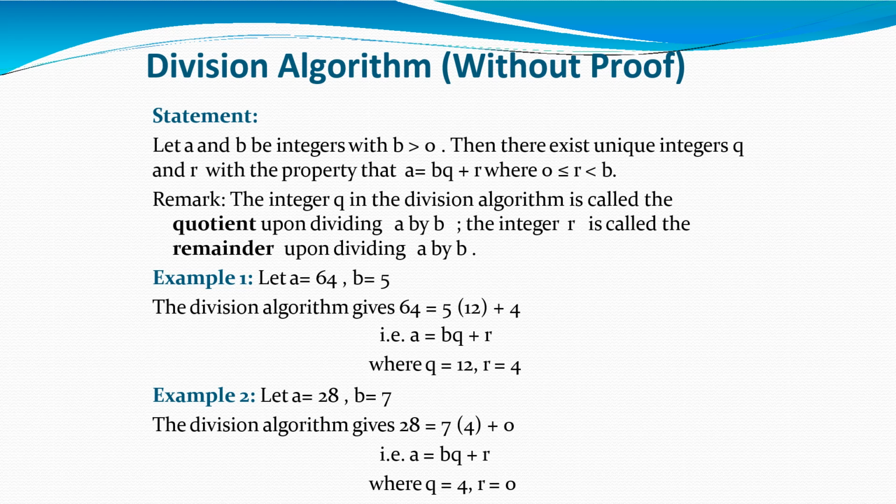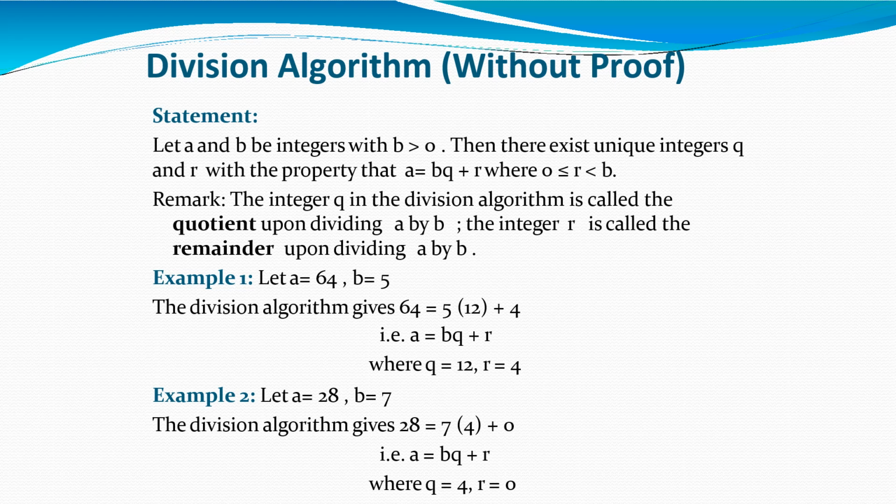In school also we study this theorem, but in school that name is not given. So whenever we are given two integers, then we divide the bigger integer by the smaller integer, and you get some quotient as well as some remainder, and in that case we write that relation as dividend is equal to divisor into quotient plus remainder. So that is nothing but the division algorithm. So whenever there are two integers a and b, a greater than b, then after dividing a by b we get some quotient, say q, and remainder r. Then we can write a equal to bq plus r, where r is greater than or equal to 0 and